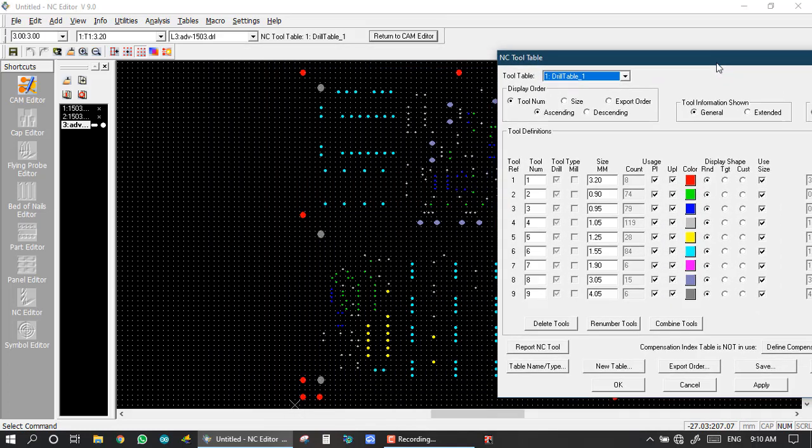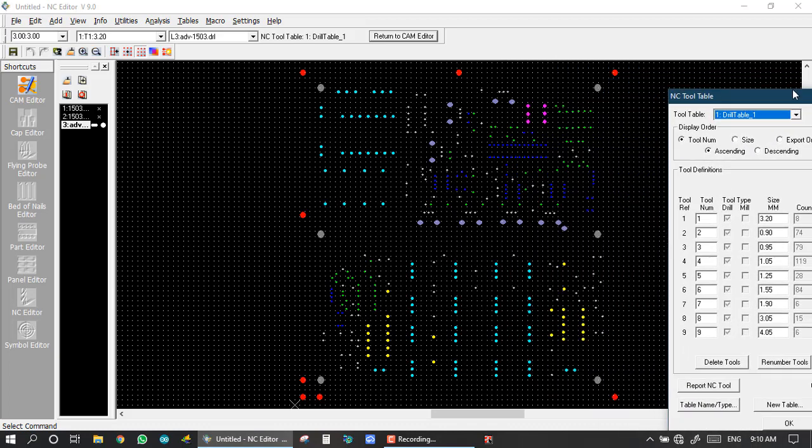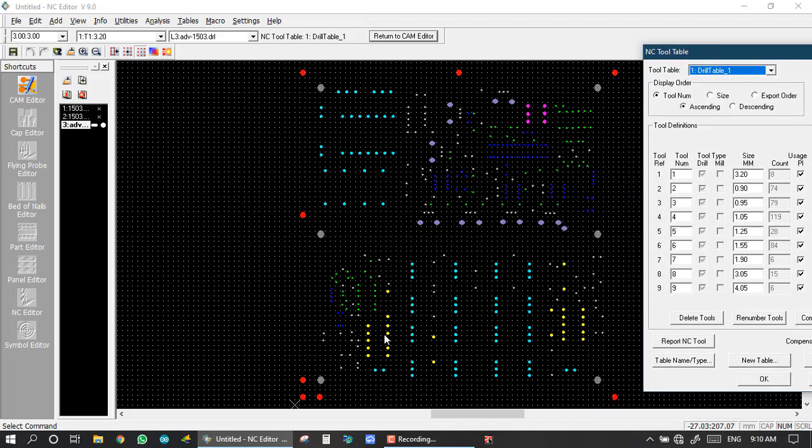So here in the production house I will load this program on my CNC drill machine, and the machine has a unique path for drilling. Like first the machine takes my tool number 1. This is tool number 1, the size is 3.2, and it has 8 drill hits, and it is here in this program: 1, 2, 3, 4, 5, 6, 7, 8.